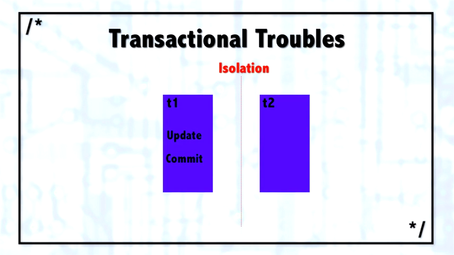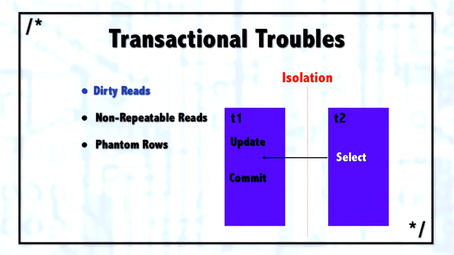So to drill into this whole idea of isolation, we need to first see where we can get into trouble with isolation. There's 3 specific kinds of trouble we can find. The first is a dirty read. And a dirty read simply means that one transaction is able to see the update from another transaction before that